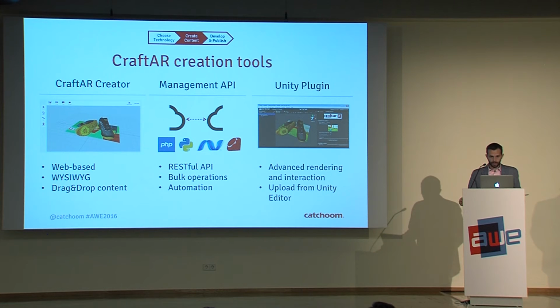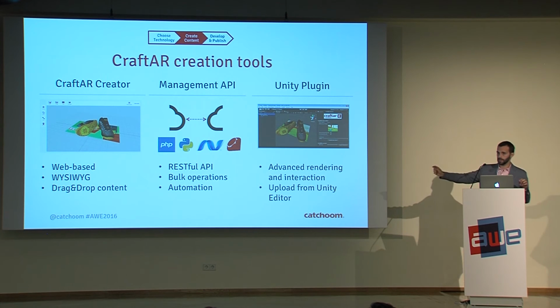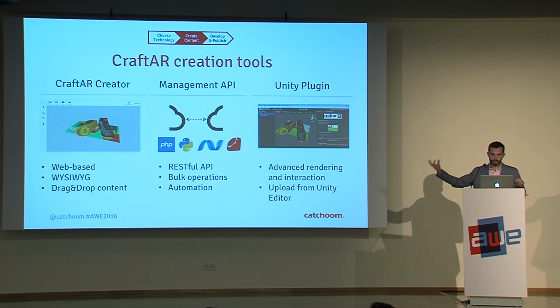The one in the middle is what we call the management API. And the management API is thought for bulk operations and automation. So typically, imagine you have your own dashboard that you present to your customers, and every time they upload an image, that image flies to our service, it creates a new item, uploads the image, associates it with whatever URL or whatever content, and then this item is created and your customers have a ready-to-go scan.